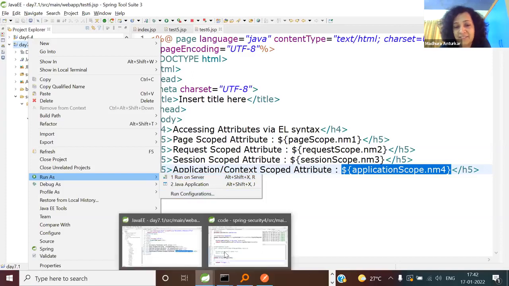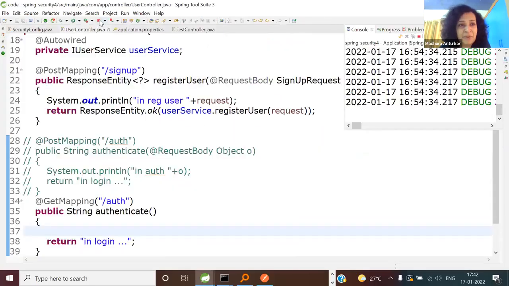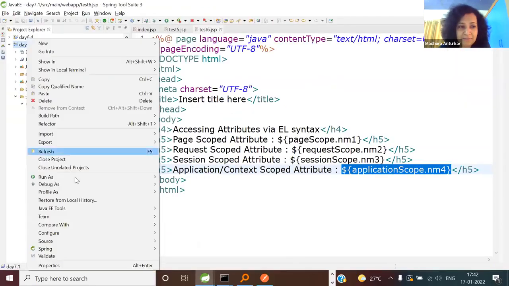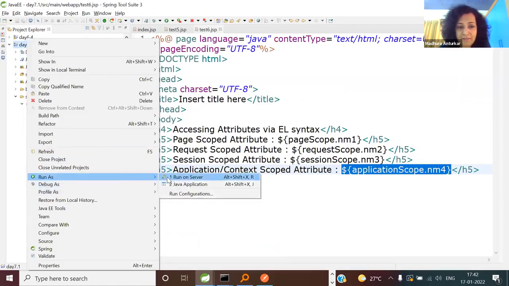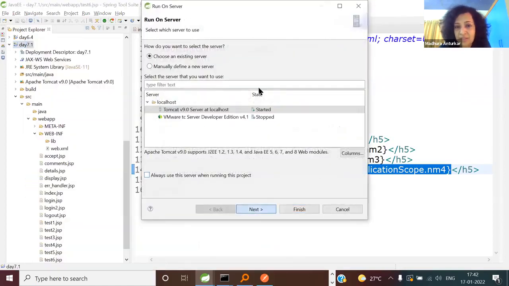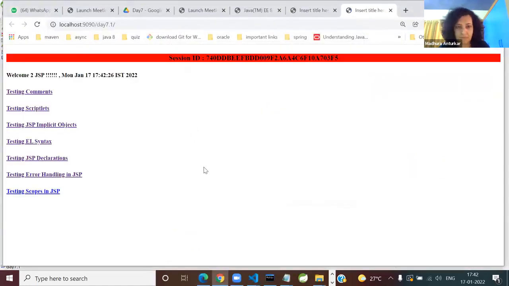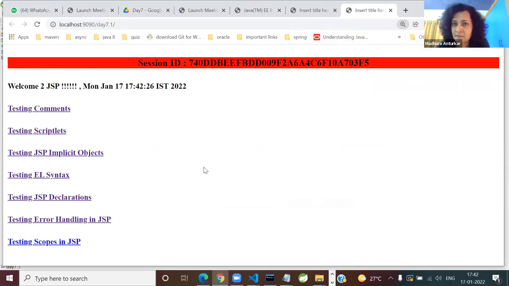Wait a second. I was setting up some other demos for you guys in some other workspace. I'll stop that other server. Don't worry about what I did. So I'm just taking this. Just deploy your web application and confirm whether what we are saying is correct or not.